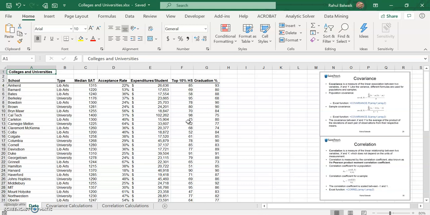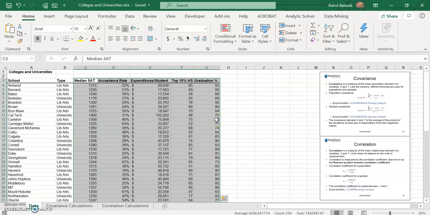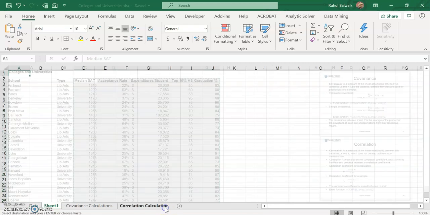Okay, so the two parameters that we'll find the covariance of are the graduation percentage and the median SAT scores. In this Excel file, colleges and universities, you already have the sheets covariance and correlation, but we'll make our own Excel file so that we understand it better. So let's copy the data from our original Excel file and put it in a new sheet.